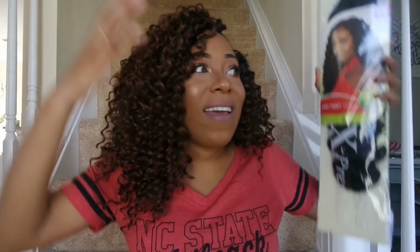So I get a lot of questions sometimes about hairs that I hate. Do you think it'll work underwater? Absolutely not. Like I say, if I do not like it on the land, if I feel like it doesn't work for me in normal life, I'm not swimming in that hair. I'm not working out in that hair at all. So my least favorite hair is the Outre deep twist hair. So my number 11 hair